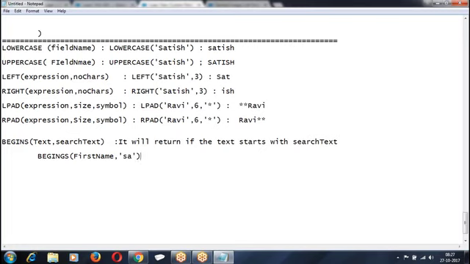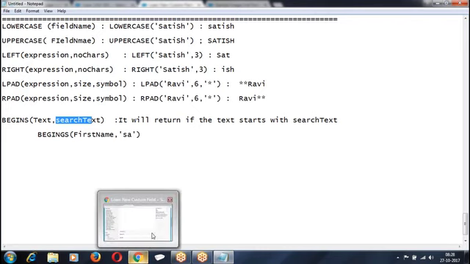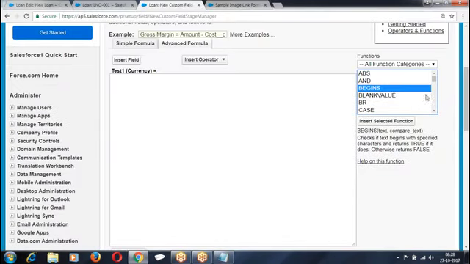If the text starts with the given text, it returns you true. Then similarly, begins. If it begins with such text, returns you true. Then I'm going with the next one.